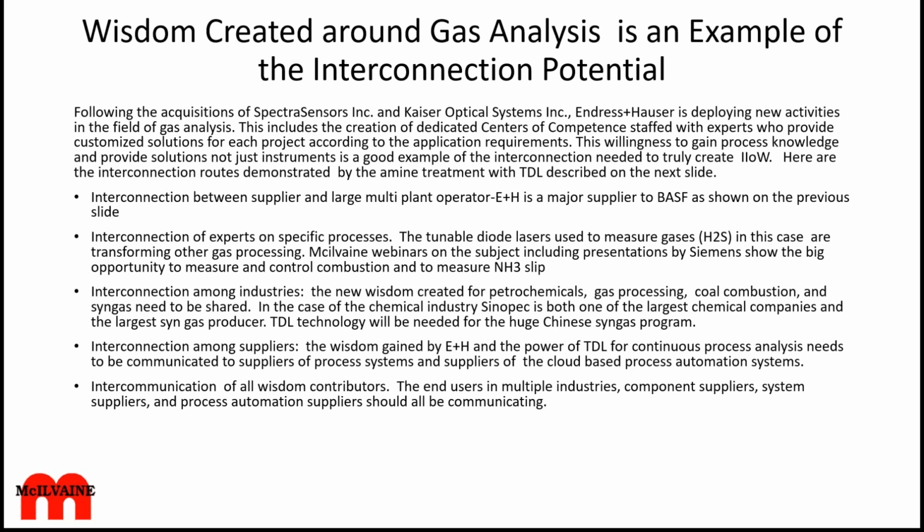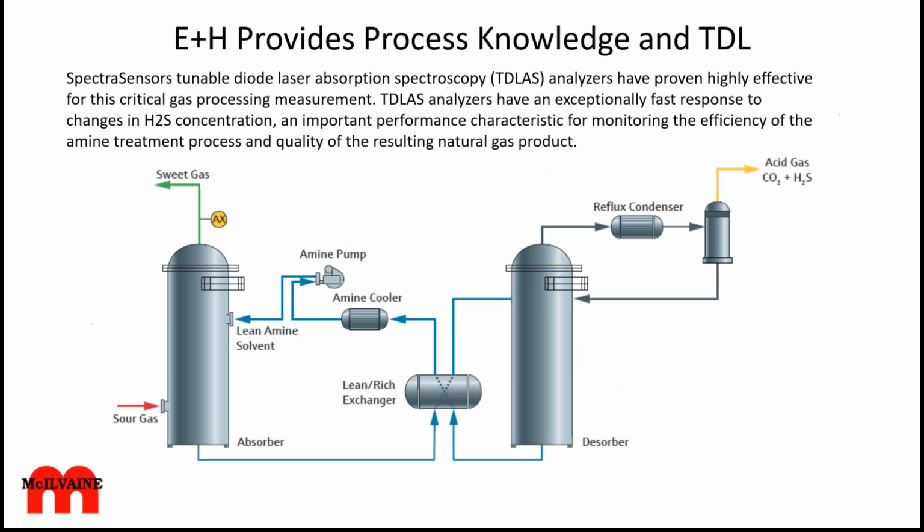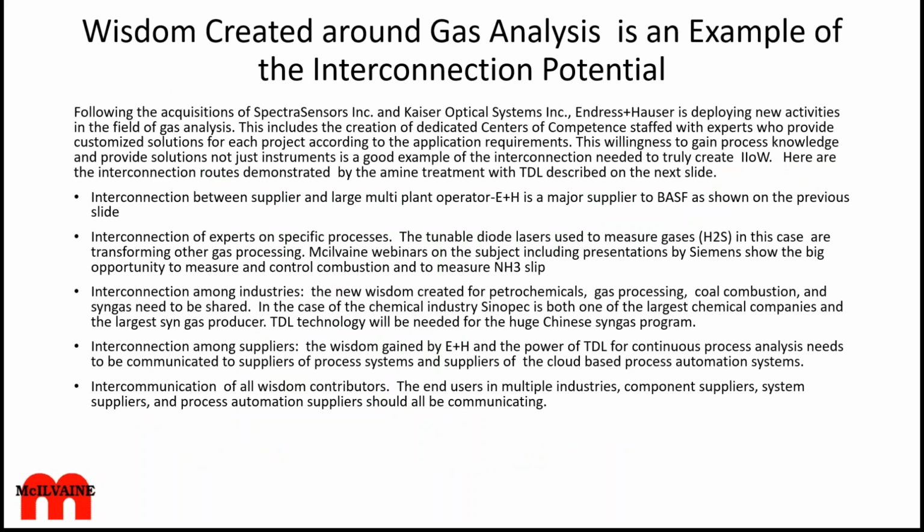This is an example from Kaiser for ammonia application. We use here the TDL technology for ammonia measurement, and here is the application for that. And Kaiser, they have a deep knowledge for the ammonia measurement in the TDL technology. So I think that this amine is one example here, but with the acquisition of Spectra Sensors and Kaiser Optical,